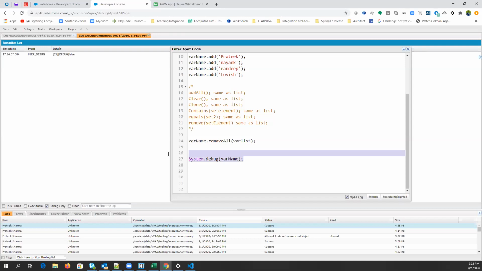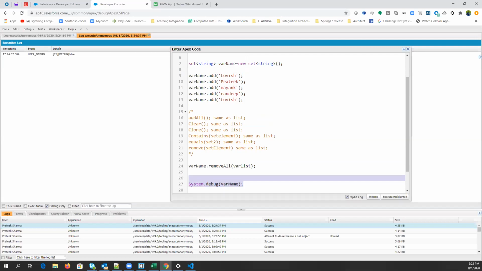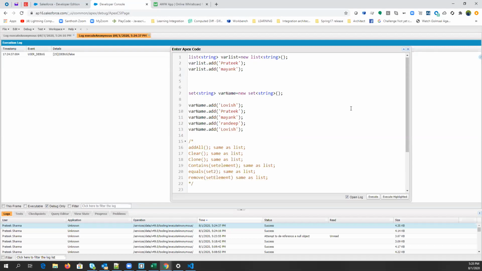So what will be the output here? Anyone? Lavish, Pratik, Mayank, Randeep. Who is saying? Just think what we are doing here.